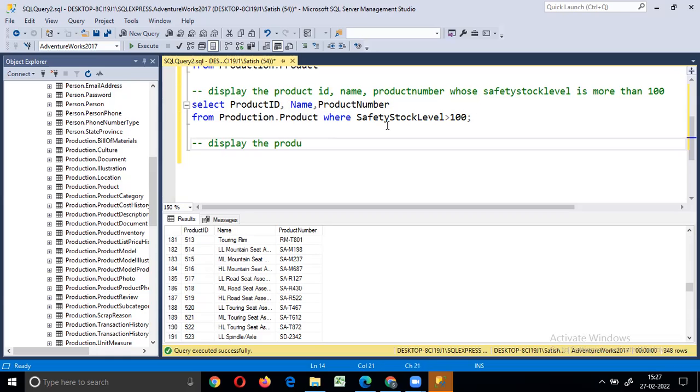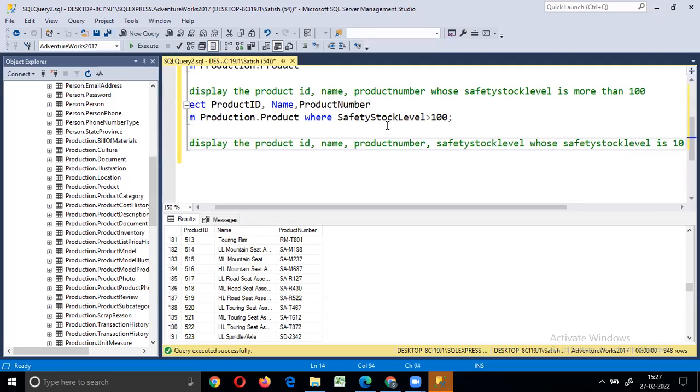Okay, so like this we can display. Along with that, if you see, I would like to display the product ID, product name, and product number, along with the safety stock level, whose safety stock level is 1000.